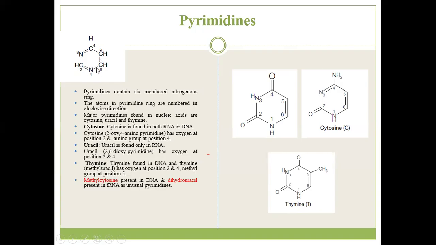Now, what is this cytosine? Cytosine is 2-oxy, 4-amino pyrimidine, meaning 2-oxy: on carbon 2, it is double bonded to oxygen. 4-amino: on carbon 4, it is aminated, or attached to an amino group. Now you can see the cytosine here, an oxy group and an amino group, while uracil is 2,6-dioxy, meaning a carbon or atom 2, which is carbon, and atom 6,